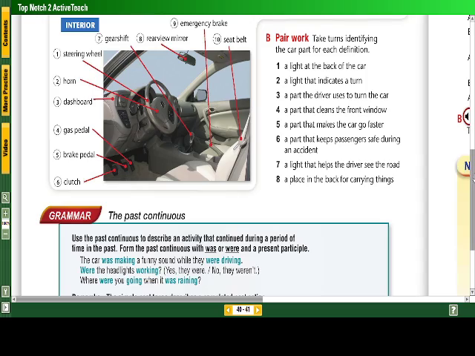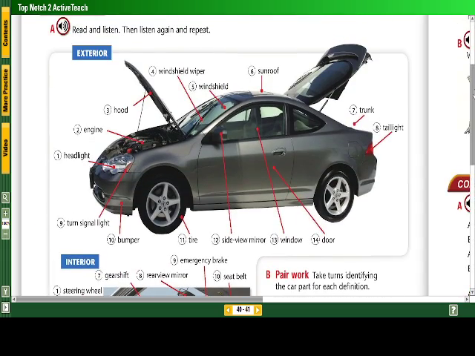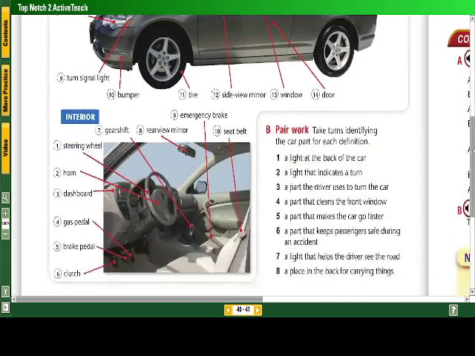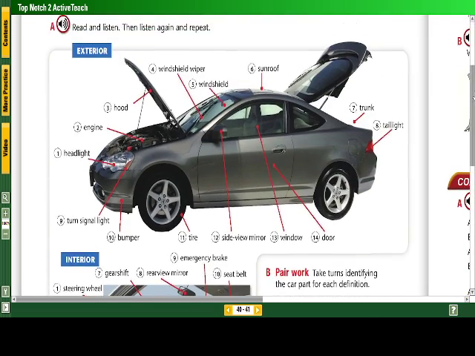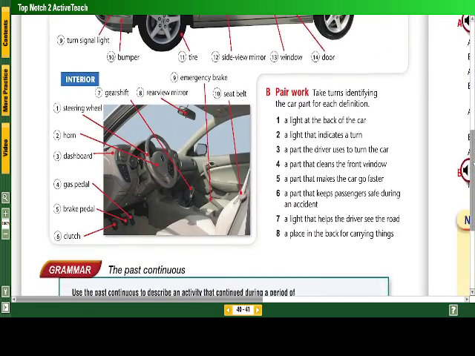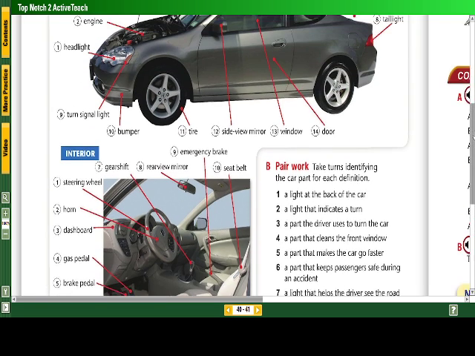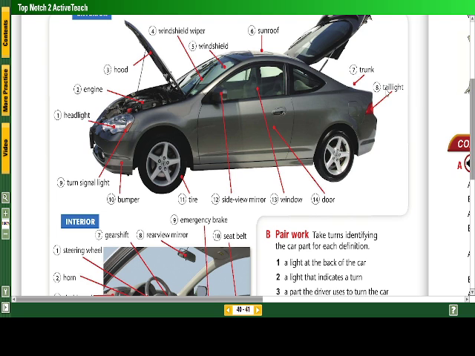So, we have all these parts of the car, okay? And we could make a little game like describing the part of the car and guessing what part it is. For example, a light at the back of the car. Okay, what is the name of it? Well, the taillight, for example. And I have an anecdote for this, and it's that in British, some words may change.